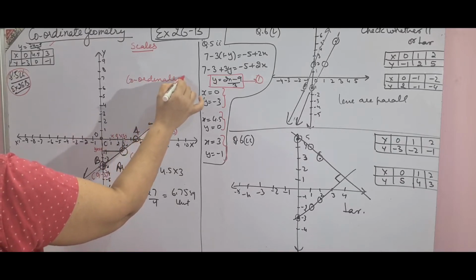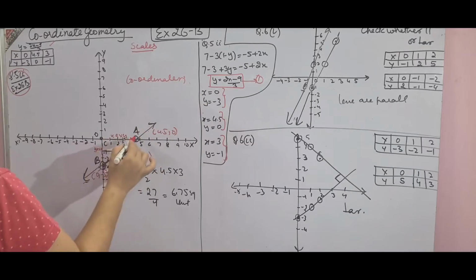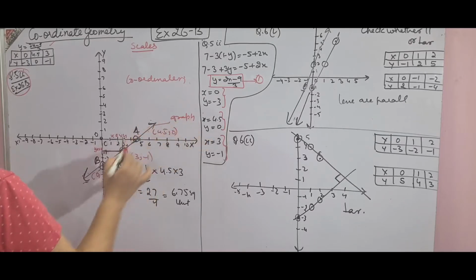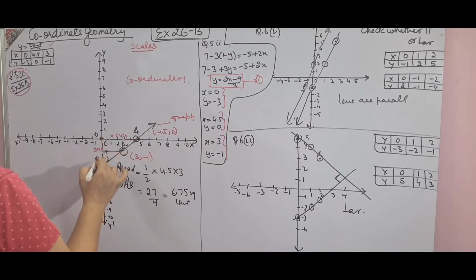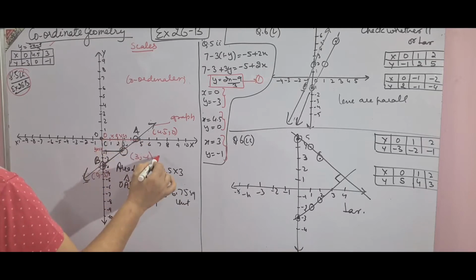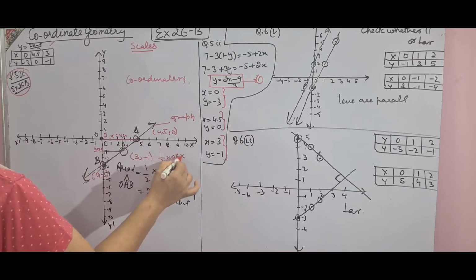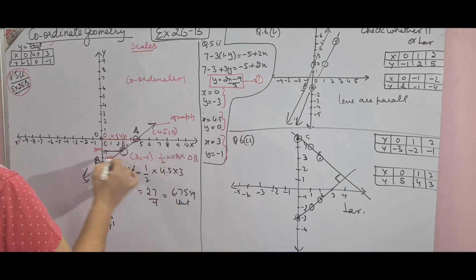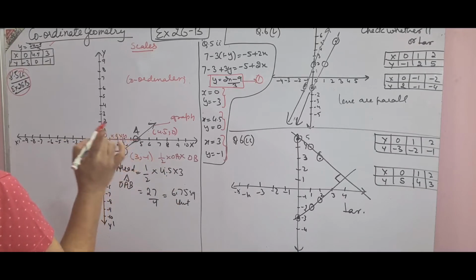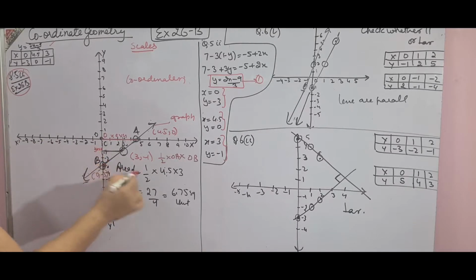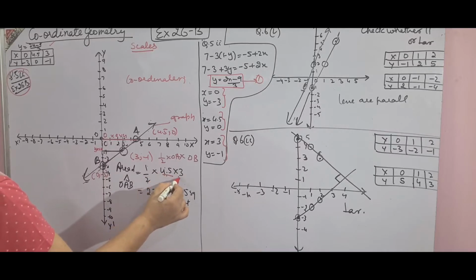And now please understand the question. Question is that you have to find the area enclosed between the graph. This line is said to be graph and the coordinate axis. Coordinate axis means x-axis and y-axis. This is your required triangle OAB. I have to find the area, half into base into height. So see, OA is base, half into OA into height OB. OA is 4.5. OB, you don't have to take minus because minus just gives the direction. So you count 3 intervals, 1, 2, 3, half into base into height, 4.5 into 3, and this is your required answer.